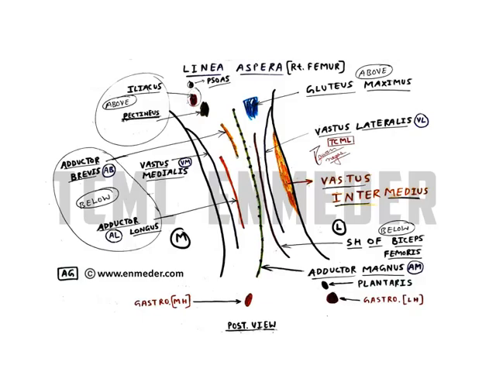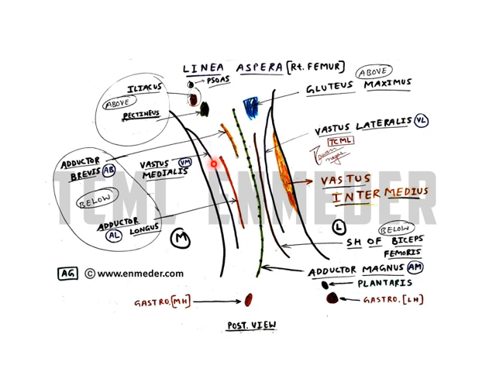This is the posterior view of the right femur, and the major area which you can see here is the linea aspera. So here I am going to give you a functional overview for the linea aspera. Now if you look at the picture from behind, you can see